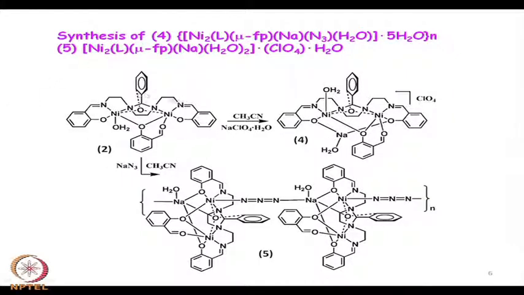In this fashion, this is another avenue that gives us some idea of how you immediately convert a neutral binuclear or dinickel compound to a corresponding cationic compound, if you put sodium within it and you have the typical anion outside. Now, instead of perchlorate, if you have the azide function: in this perchlorate compound you have water bound to it. So, this loosely bound water will be immediately replaced by your azide function.